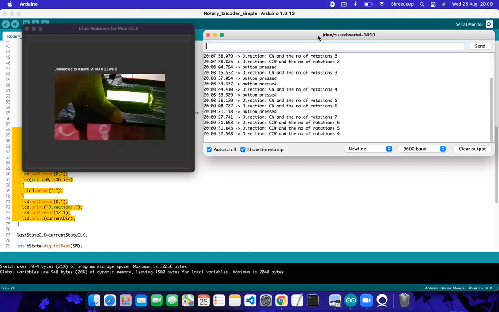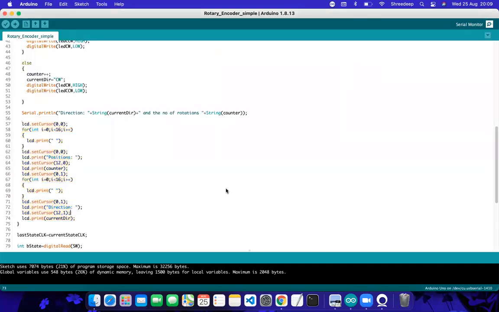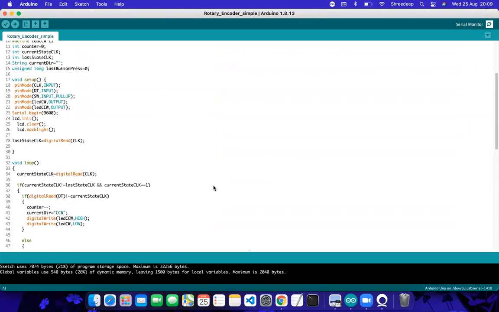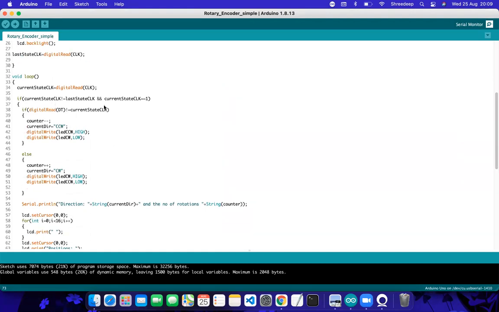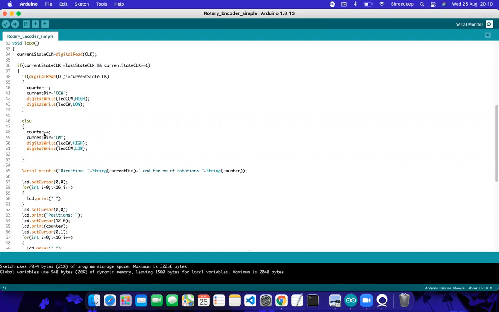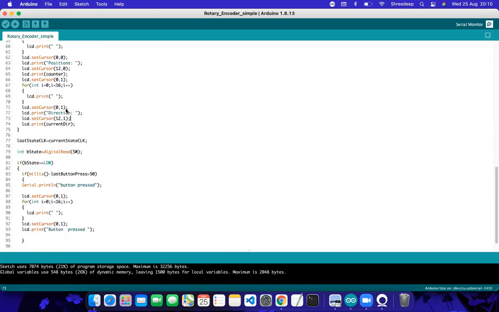So this is why I am coming to this portion of the code. What happens is that in both cases, interrupt driven or normal, we are getting the value of CLK and DT. When these two signals are not equal, it is counterclockwise direction; when equal, it is clockwise. So we are keeping track of the rotation in the counter variable, and whether it's clockwise or anti-clockwise, the direction in the count direction string. This is the string we have declared here, the string count direction and a variable called counter.